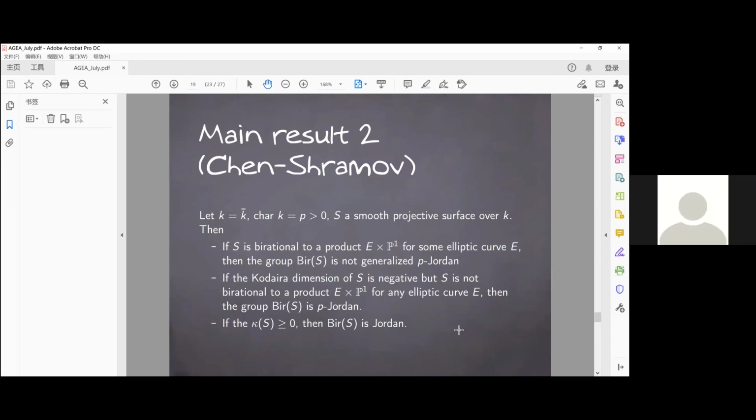It is a subgroup of the automorphism, right? No, but it's the automorphism of the whole space. If the automorphism group of the whole space is Jordan, then its subgroup is automatically Jordan. So I'm saying, for example, if you have some P1 fibration, but the automorphism of P1 is already not Jordan,